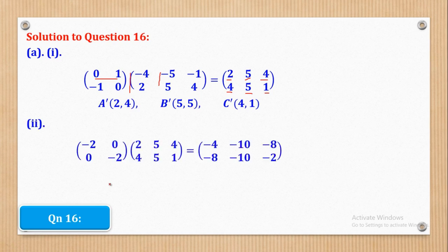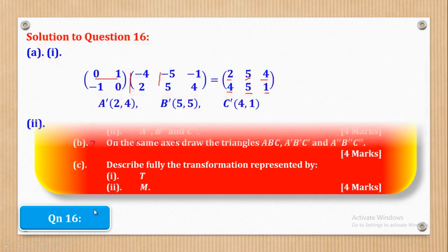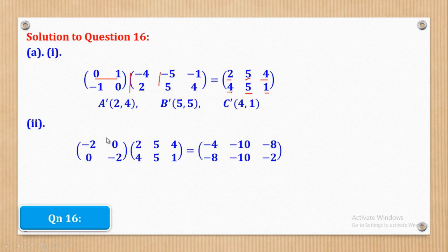Now we shall go to part B. Part B, there is Roman 2, they wanted the coordinates of A double prime, B double prime, and C double prime. But remember, this A prime, B prime, C prime is under a transformation of negative 2, 0, 0, negative 2 to give you A double prime, B double prime, and C double prime. So you have to again multiply this matrix M by these coordinates of A prime, B prime, and C prime, which is that. So do the same,